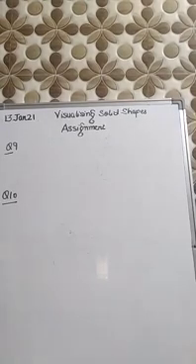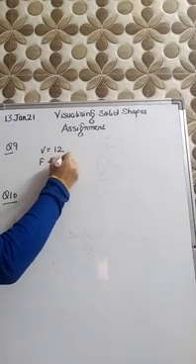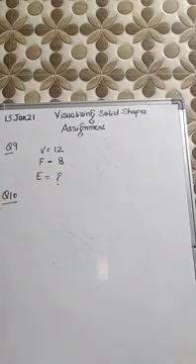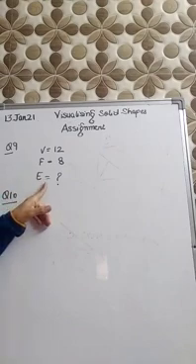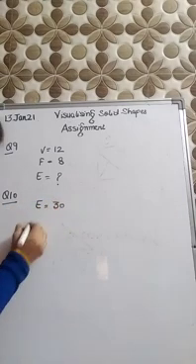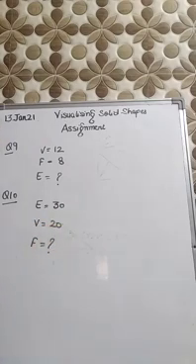Beta, in the next question, you have given a polygon whose vertices are 12, faces are 8, and you have to find the number of edges. This similar type of question we have discussed in the exercise also and in the beginning of this assignment also. So we are not going to do this. That is your homework. And similarly, question number 10. In question number 10, you have given edges as 30, vertices as 20, and you have to find the number of faces. So that is again same. You will use the same formula here. So these 2 questions are homework, and rest even number of questions you will do in the homework also.